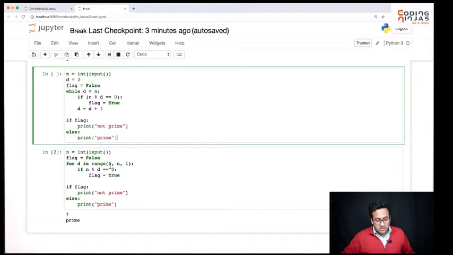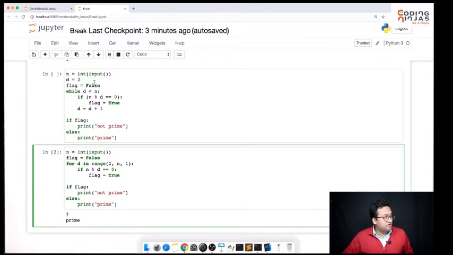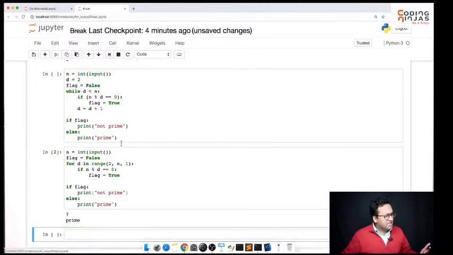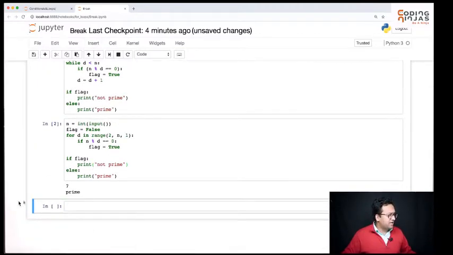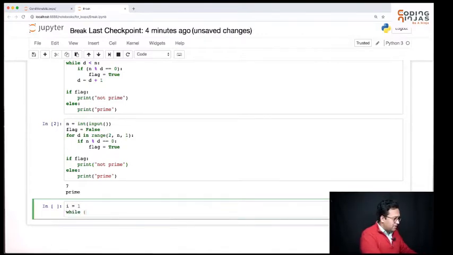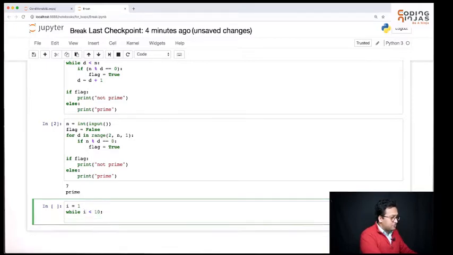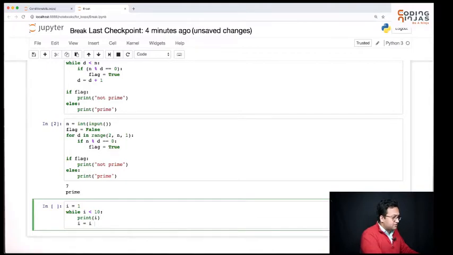Okay, perfect. So let's see. I'm going to change our prime function a little bit to show you how we can use break. I have the code here from when we solved the prime problem using a while loop, and here we are solving it using for loops. Okay. So we'll change it, but let's first quickly demo break with some dummy function. Okay. So let's say my i is 1, while i less than 10, I want to do something. Let's say I want to print i, then i = i + 1.